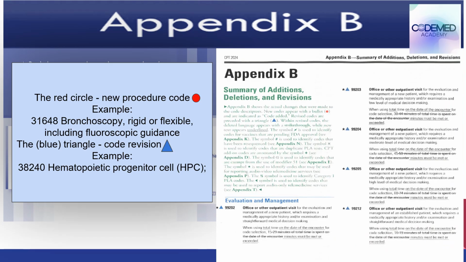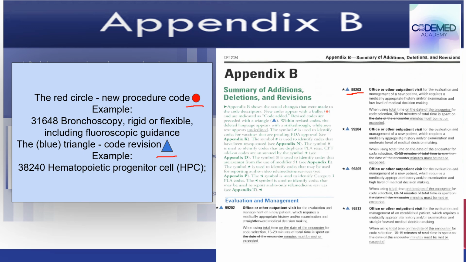So let us look at Appendix B. It is a summary of additions, deletions and revisions of codes. So whenever there is a new code, in front of the new code we put a red dot, and if there is a code revision, that means if we have revised the language of the code, we put a blue triangle in front of the code. Besides including them in Appendix B, in the book also you will see that in front of that particular code we write this particular symbol,